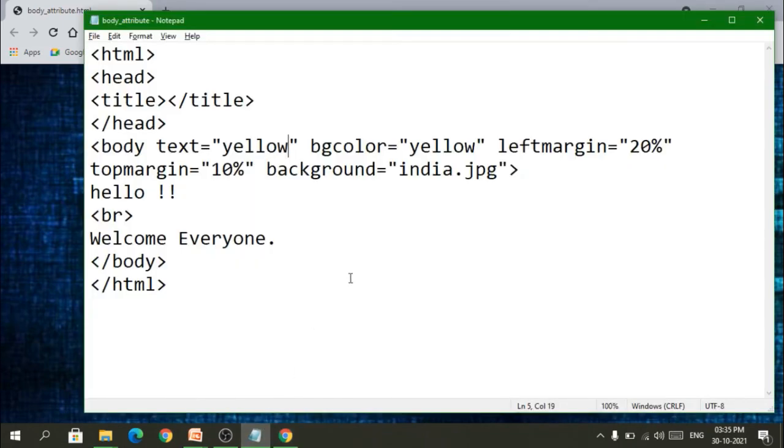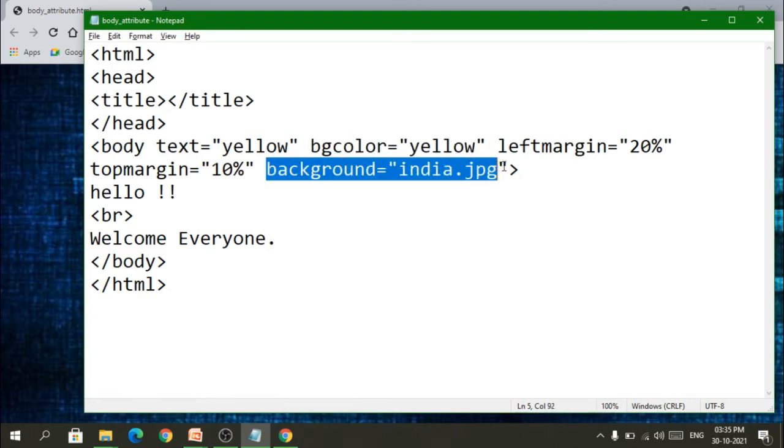So this was the basic explanation of how the attribute works. Whenever I am using any attribute, it would be in the starting tag of a particular HTML element, and then we specify the attribute name with an equal to sign and afterwards provide the value in double inverted commas. Now you can see the bgcolor is yellow and there is also a background, but it is loading the background. This is one thing you need to keep in mind. You can choose either background color or background image.